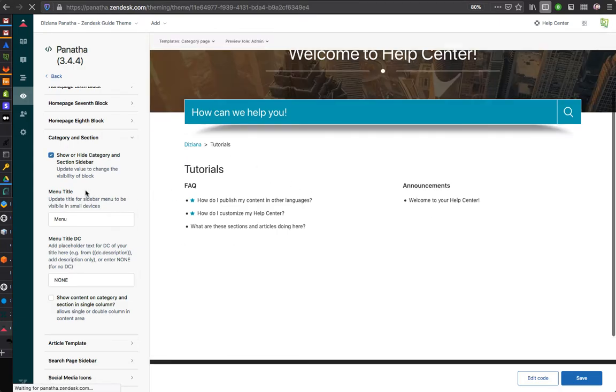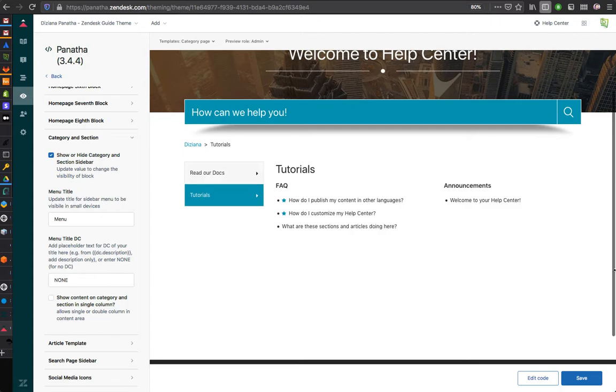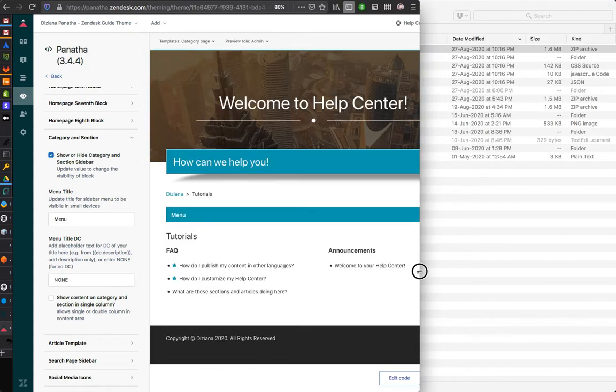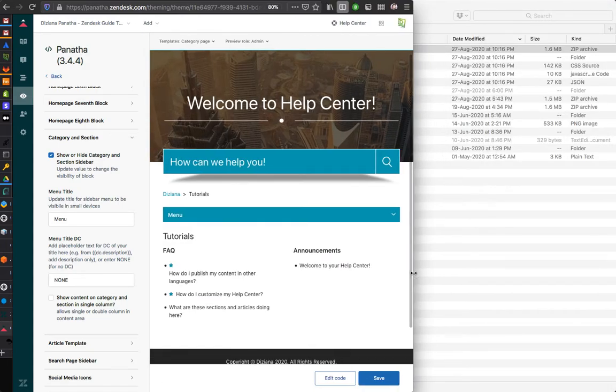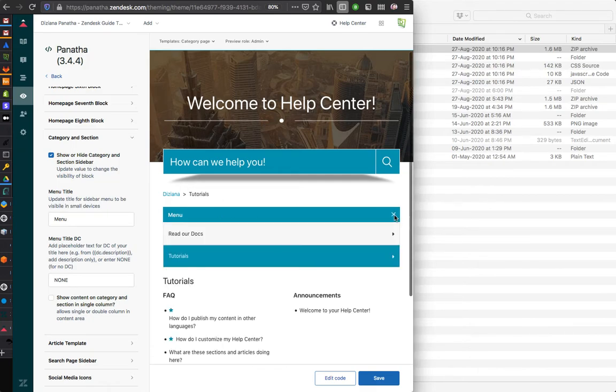If you are showing this sidebar, this is how the sidebar looks on desktop. But if you make it smaller, this is a responsive user interface. On mobile devices, the menu would come on the top and there would be a text called menu. Of course this is in English, but you would want it in the current language of your end user or the help center's language, whatever the chosen language is.